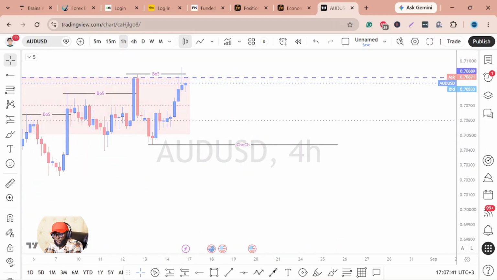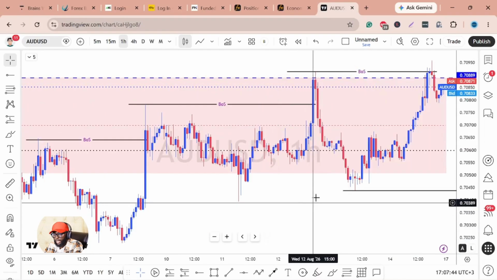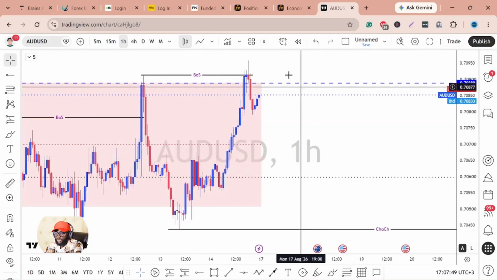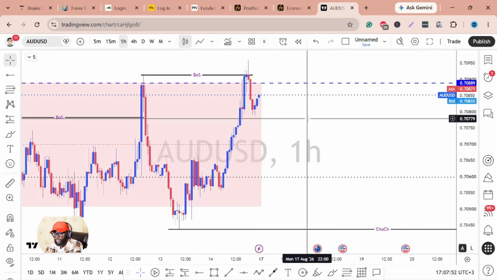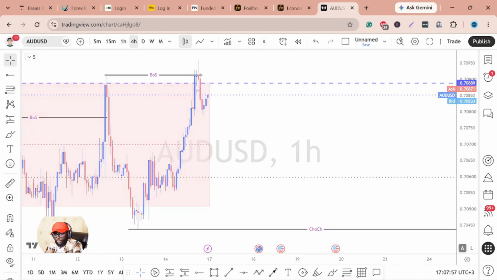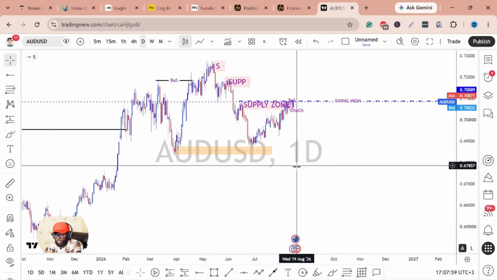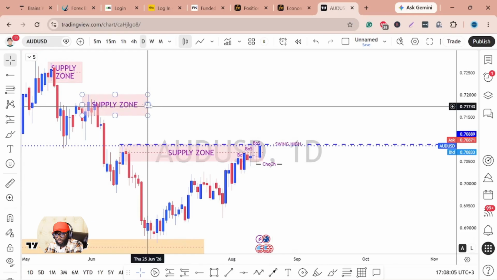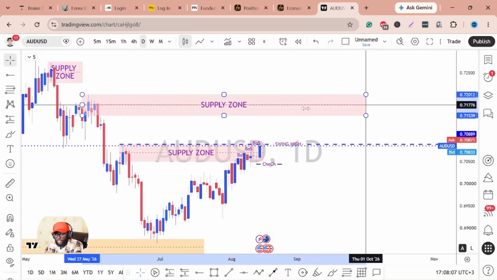Now, going down to the 1 hour time frame context, you can still see very bullish price action overall. So I wouldn't want to be going short from these levels over here, until at least I see a break of this level. There is still a possibility, depending on how the dollar behaves, for AUD USD to break this level and target this higher supply zone that we have over here.